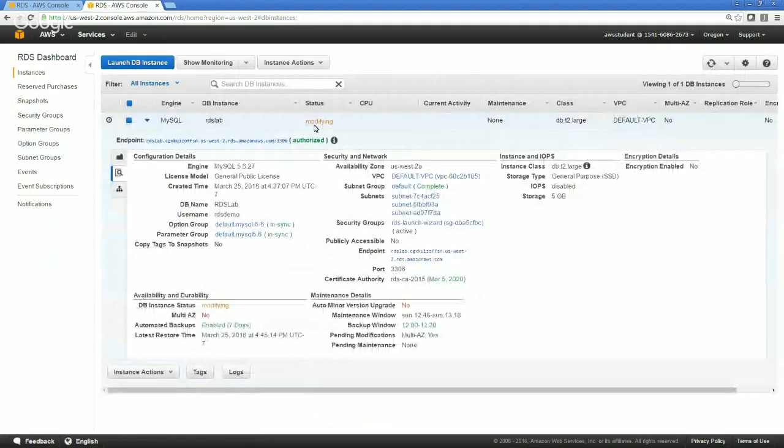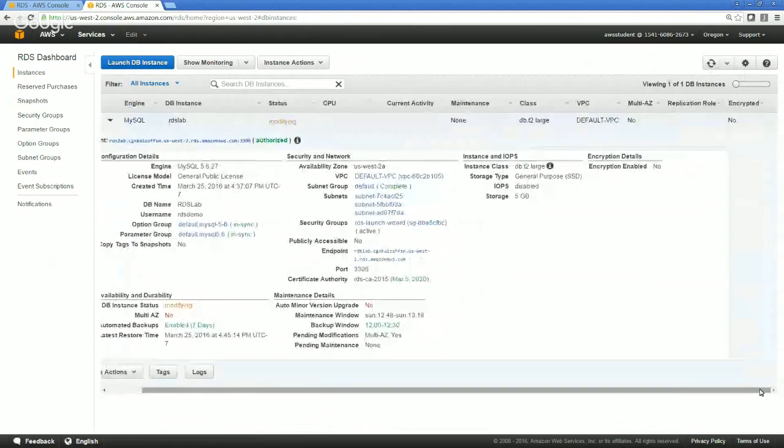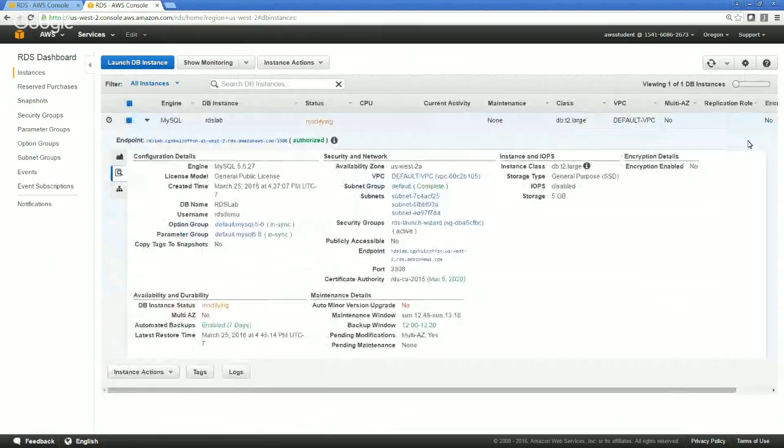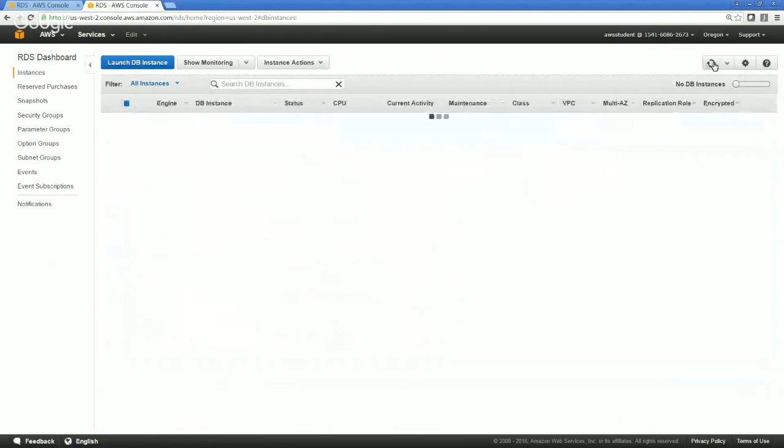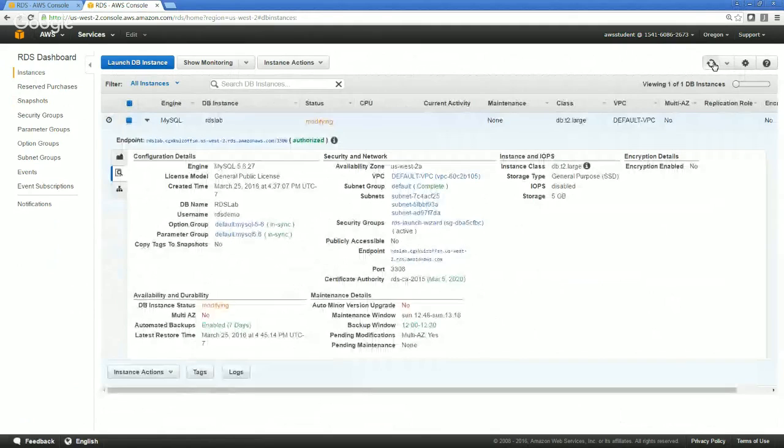And you can see the status changed to modifying right now. So it started to make the changes to your database. Right now, the multi-availability zone is no. So let's go ahead and give it a few minutes, guys. There is nothing under replication mode. So let's wait again for a few more minutes. While it's modifying, if you go back to your snapshot, the snapshot that we took here,